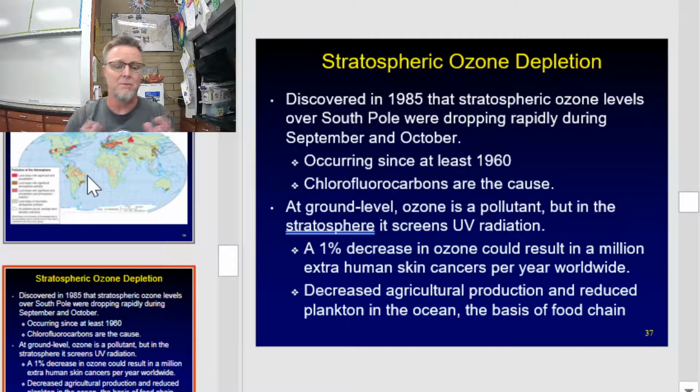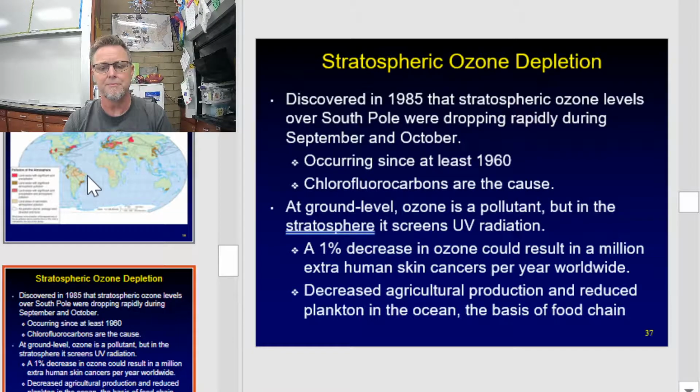This hole was reoccurring over the poles, and had been reoccurring since 1960. So it had been around a while, just that nobody noticed. And chlorofluorocarbons were the cause. So we banned chlorofluorocarbons, and I'll be honest with you, the hole is healing. It's getting better. But for a while, it was huge, and it was allowing excessive amounts of ultraviolet radiation to penetrate all the way to ground level, increasing the incidences of skin cancer, retinal damage, and even crop damage